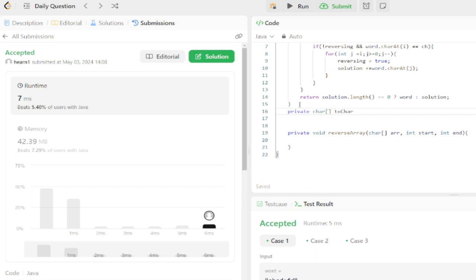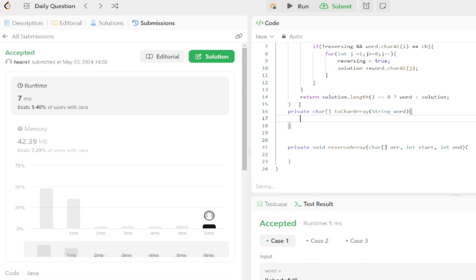It's called toCharArray, and it's gonna take a string of our word. And what we can do is first allocate space for our response equal to the length of our word. Char array chars is equal to a new char of length word.length, and then what we can do